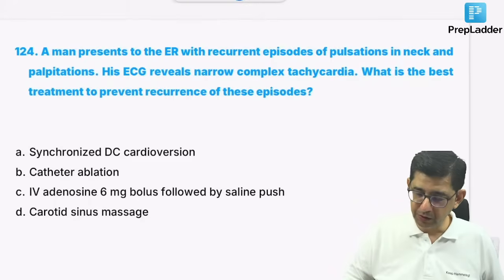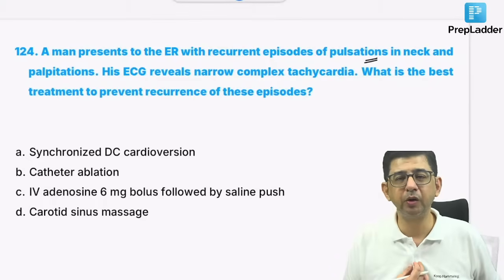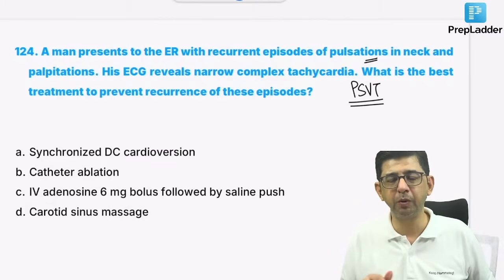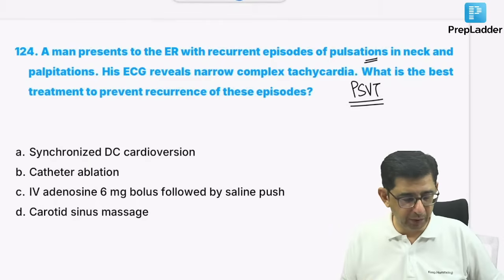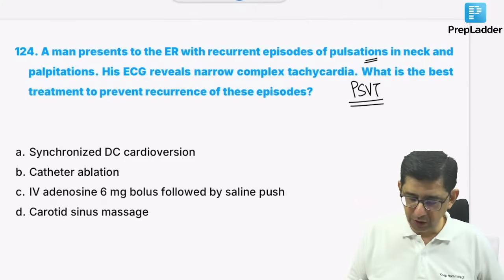Okay, the next question is regarding pulsations in the neck. These pulsations in the neck could be due to cannon A waves occurring in this patient. There's a narrow QRS tachycardia, so there's a supraventricular tachycardia that I'm suspecting. In high probability, this would be due to circus movement of PSVT. And he asks what will be best done to prevent a recurrence of these episodes. Because he's talking about prevention,